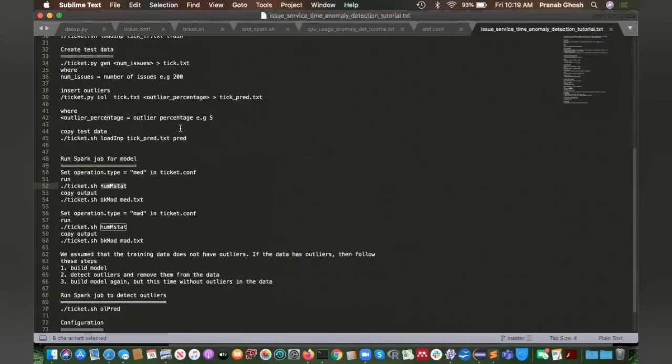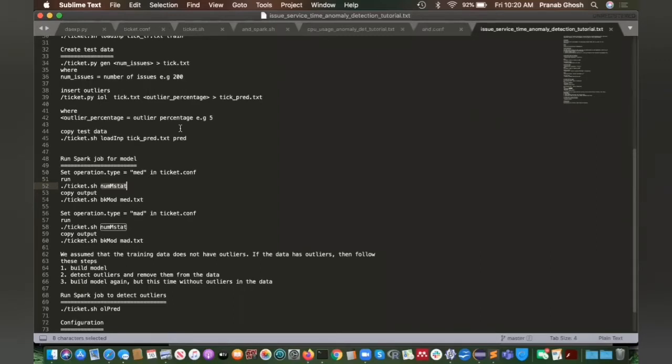Now, it involves two Spark jobs. One is to calculate the median and the median absolute deviation. This Spark job needs to be run twice, because when it runs for the first time, it calculates the median. The second time it runs, it needs the output from the first run, which is the median. It needs the median values to calculate